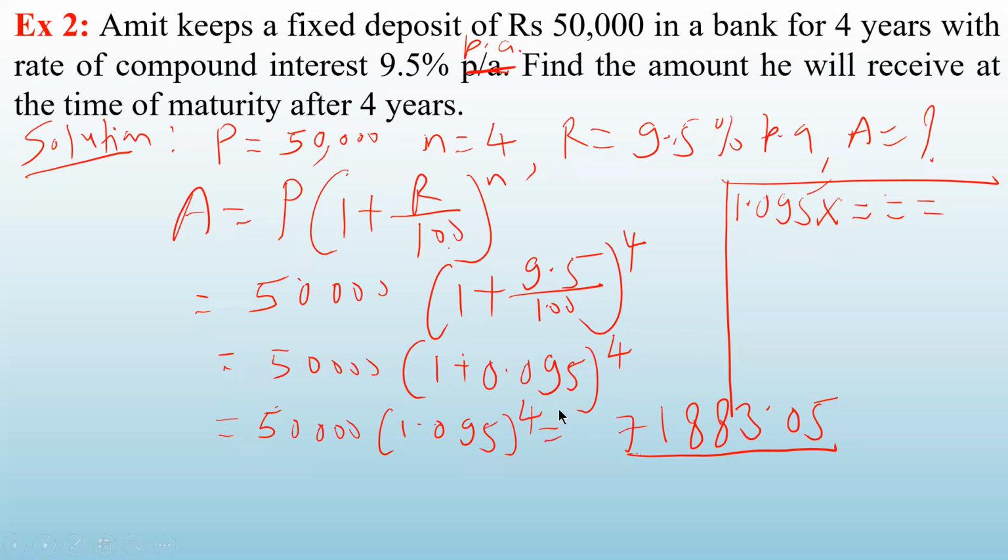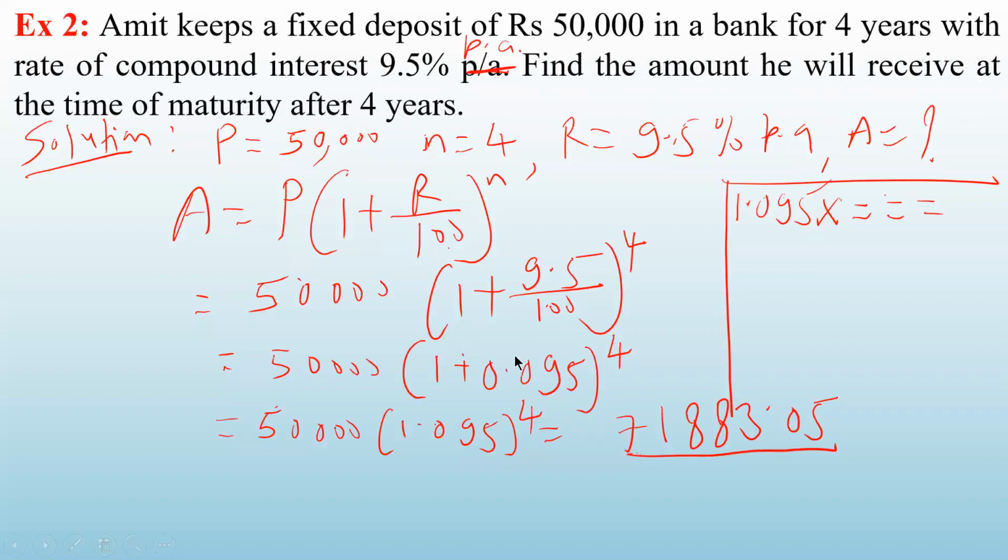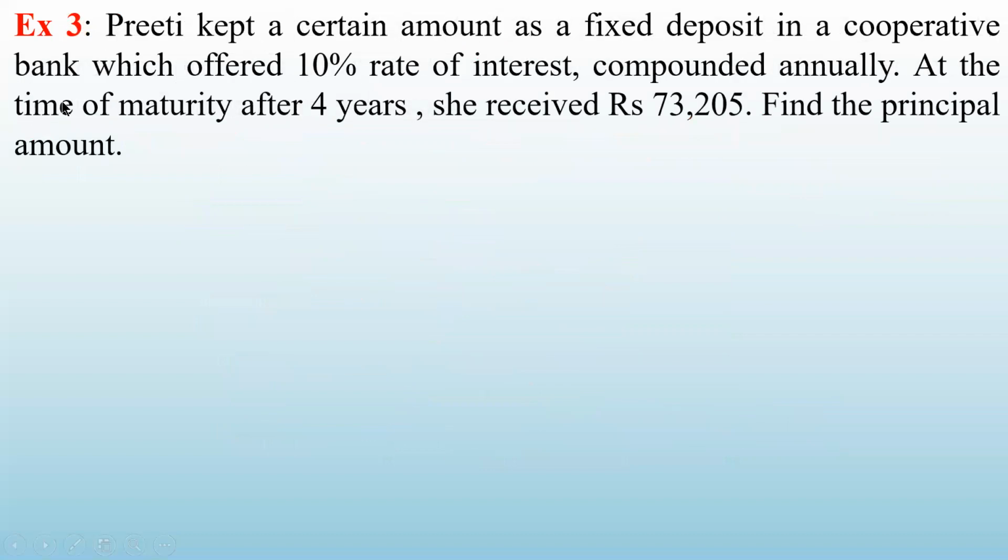In a scientific calculator, you can directly find out the power, but in non-programmable calculators, if you want to calculate the power of a number, first press that number, then the symbol of multiplication, and if you want 4 power, then press the equal sign 3 times. Okay. If you want 5 power, press the equal sign 4 times, 1 less. Okay. So you will get the power. And then multiply it by that number, 50,000, and you will get the answer. Third question.